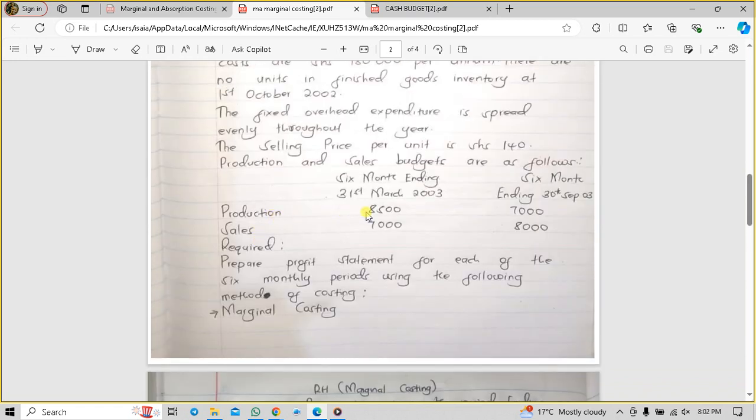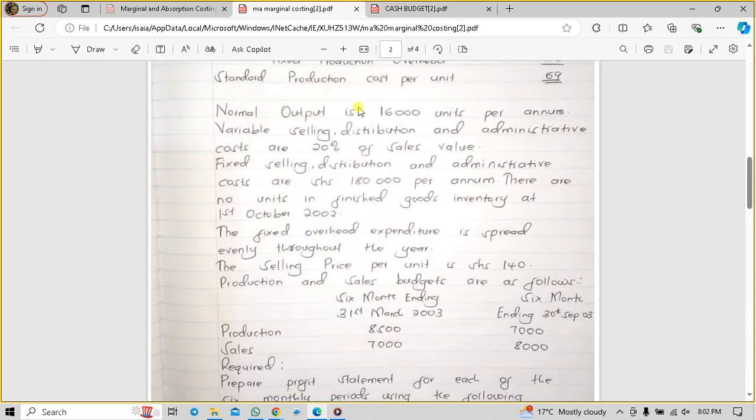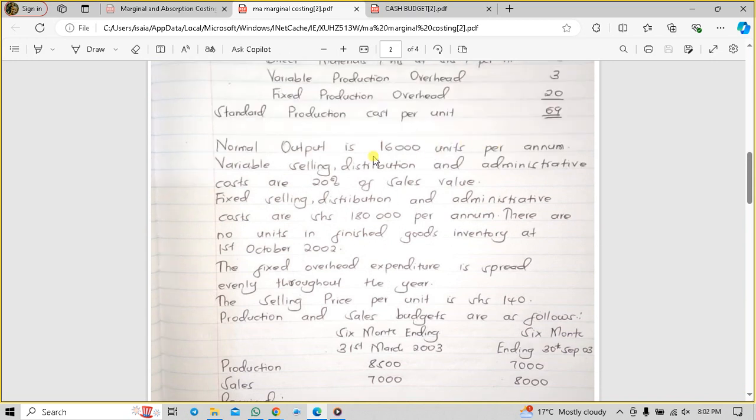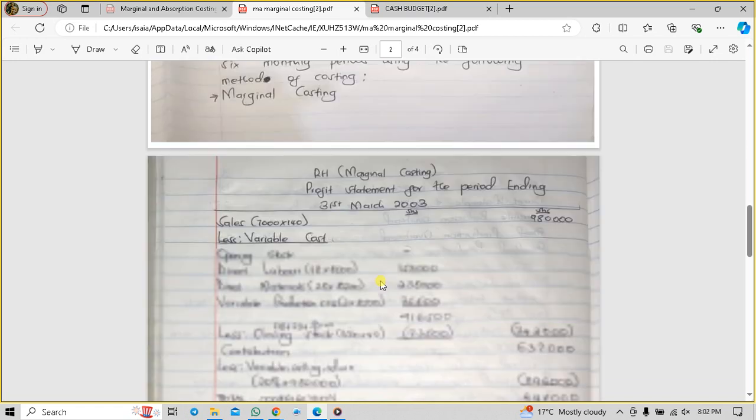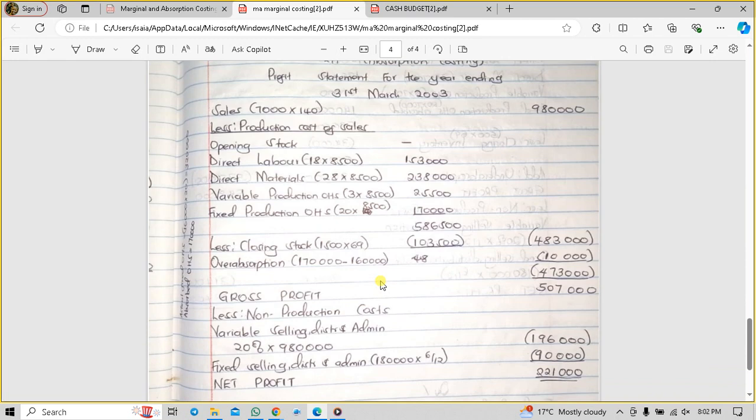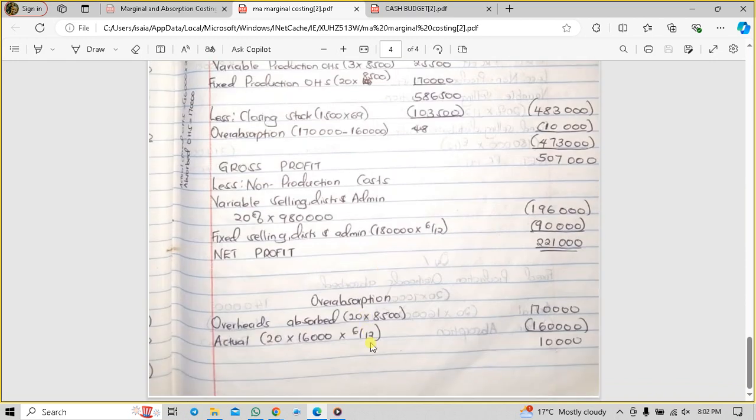So remember, we have this one, and we also have the normal output. The normal output is 16,000 per annum. So you take the normal output that you are given times the fixed production overheads. So it is 16,000 times 20, then you're going to multiply by 6 over 12, so that you can know what is called over absorption. So the difference between the two, but I'd like you to do more research on over absorption and under absorption